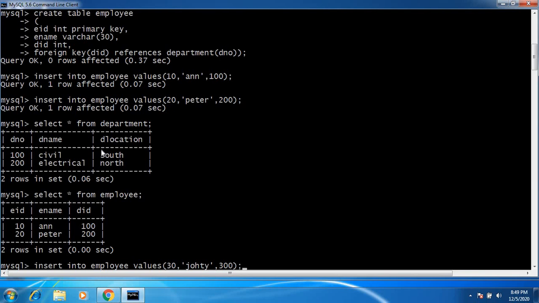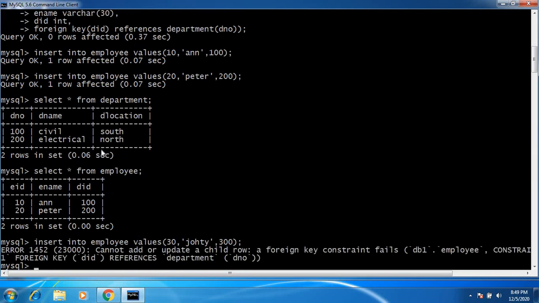This will cause an error because the constraint failed. This is a foreign key, so we cannot insert values that are not there in the department. Here 300 is not there, so the foreign key violation happens.